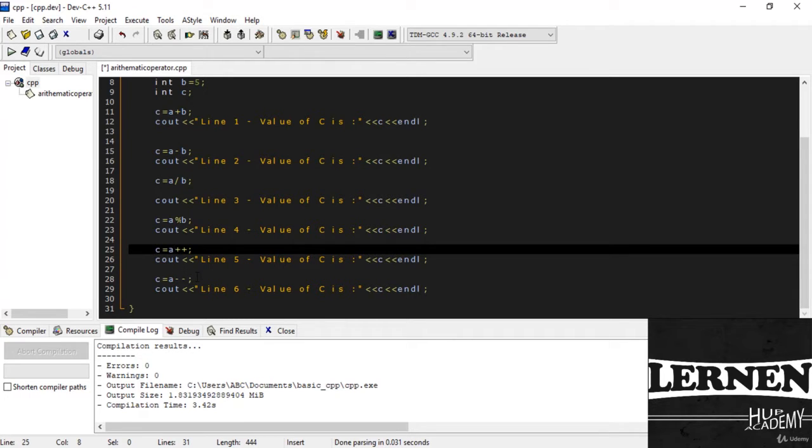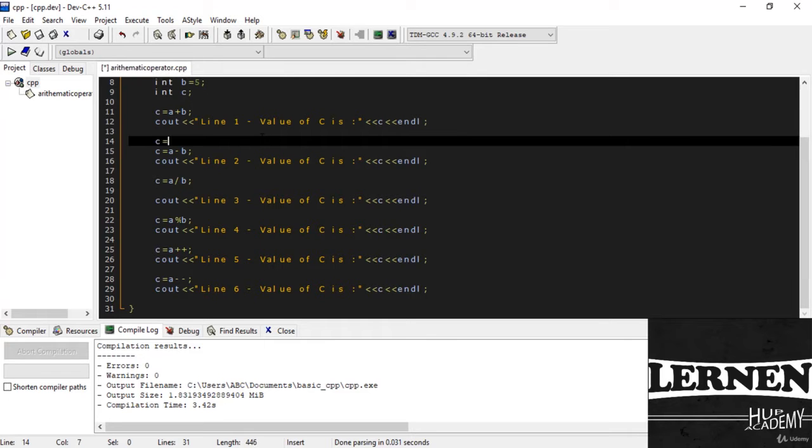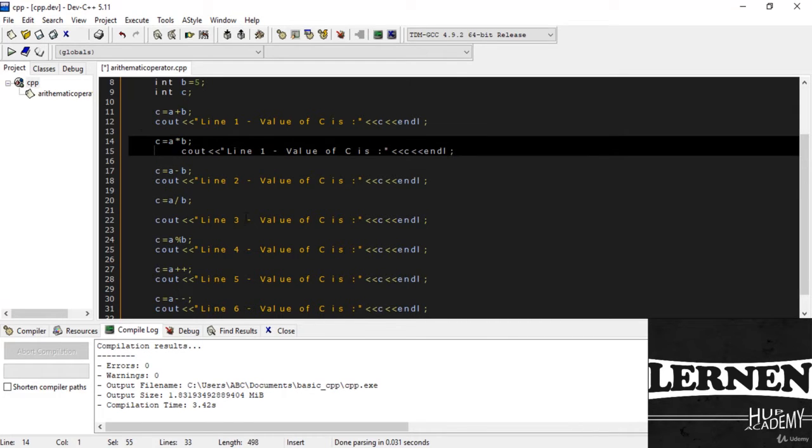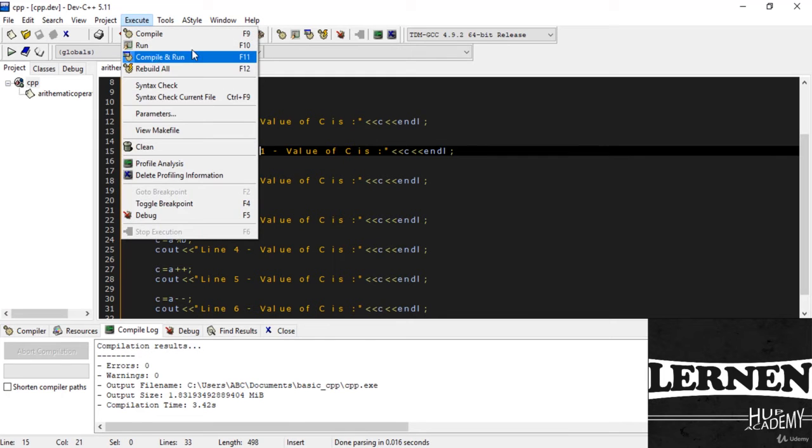and c which is equal to a, okay? And I just forgot to add c which is equal to a star b for the multiplication, or I just paste this or leave it. Execute